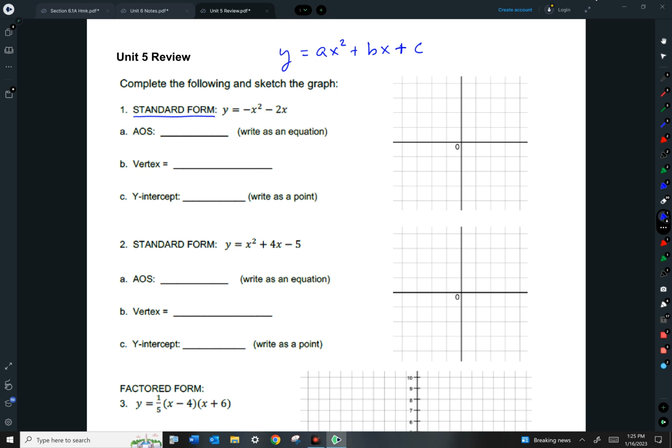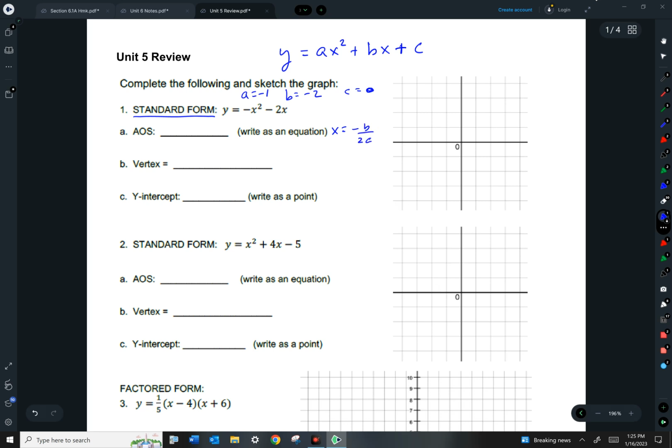So on this one, the a number, the number that's in front of x squared, is negative 1. The b number, the number that's in front of x, is negative 2. And since there is no number at the end, that's like saying the c is 0. And the reason that's significant, because remember we said the formula for the axis of symmetry is x equals negative